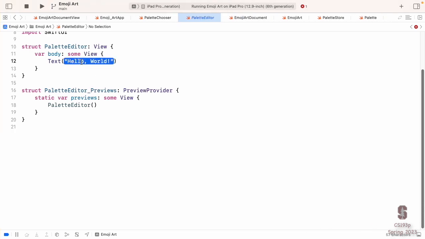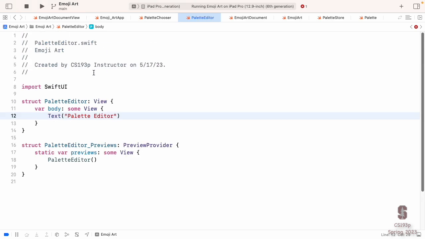And we'll start out with this palette editor saying something like palette editor so that we know which view it is. It's a normal view. This view is eventually going to have a whole bunch of stuff for editing a palette, just like, again, your Memrise one's going to have choosing a color and all that. It's all going to be in there. We're going to get to it, but we're going to start with just palette editor.